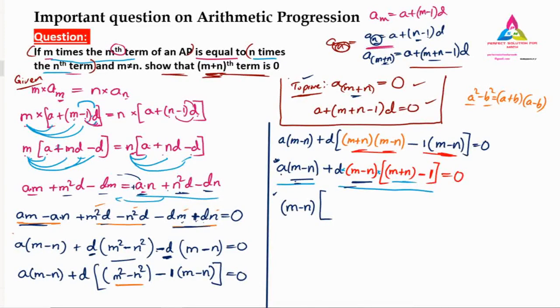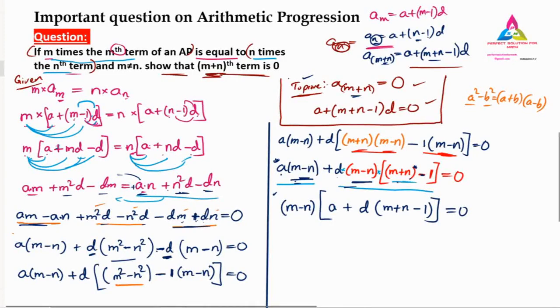What is the left thing over here? It is a, plus we have d, because m minus n is already taken outside. That d I will write down here, and what we have inside I have to write as it is, m plus n minus 1. Here the bracket we can neglect, because we have here minus 1 and no multiplication, so directly we can neglect that bracket and write down m plus n minus 1, that is equal to 0.